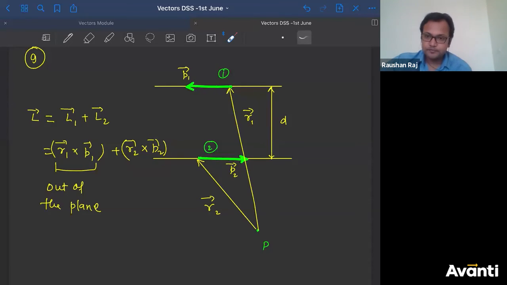Look, what is it? R2 cross P2. Where is R2? Like this. Where is P2? Like this, here. I have drawn like this, so for me it is a little different, for you a little different. So everybody, please direct your right hand fingers along the R2 vector. If I think you are seeing like this, right? R2 cross P2. Where is P2? P2 is here, right?